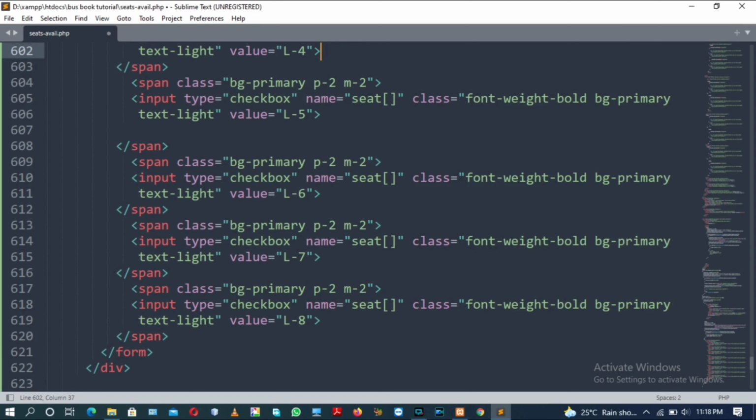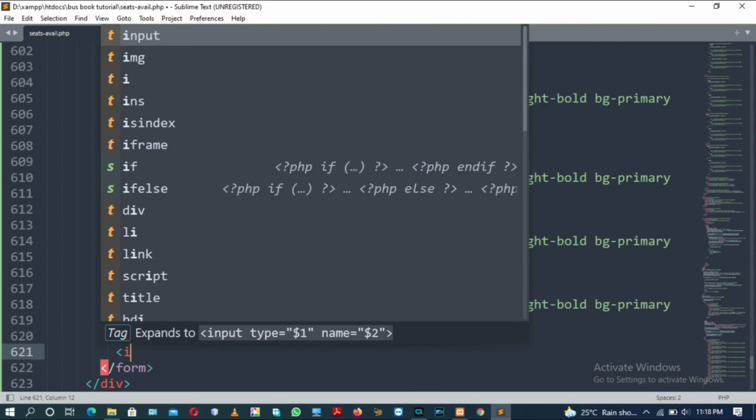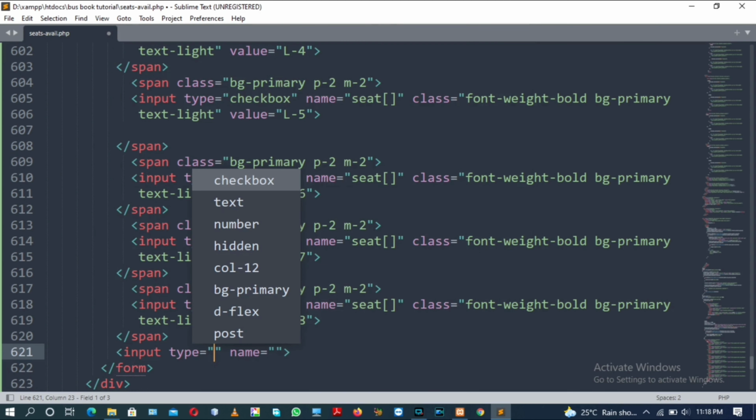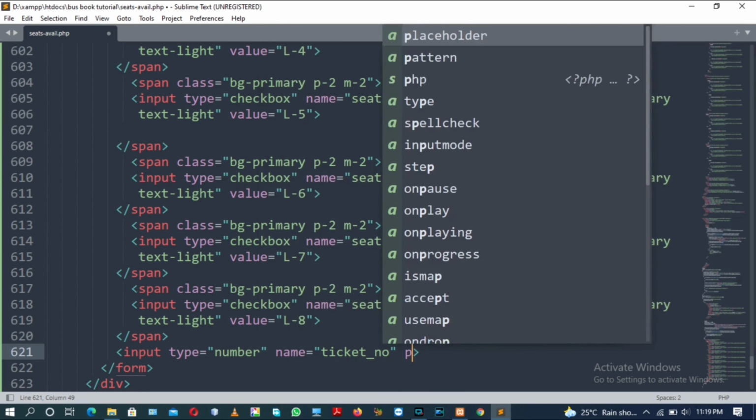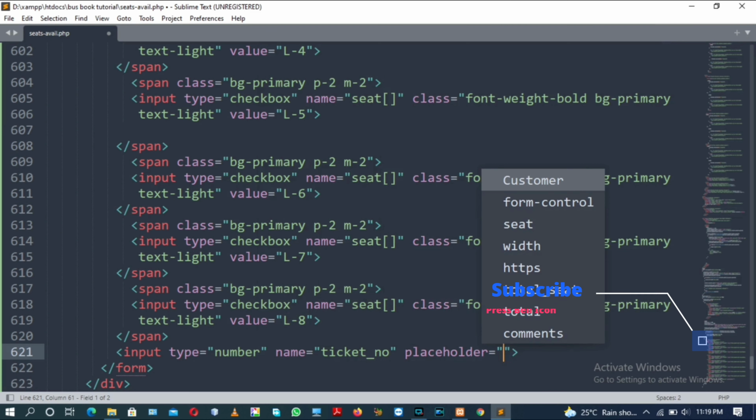Now after the span tags, inside the form tag, we will have another input tag with the type attribute number and the name attribute having the value ticket number. Sorry, ticket number, not bus ticket. And the placeholder will be ticket number.